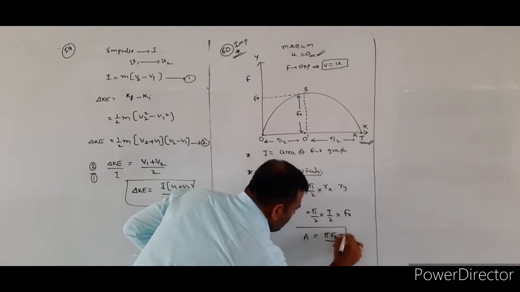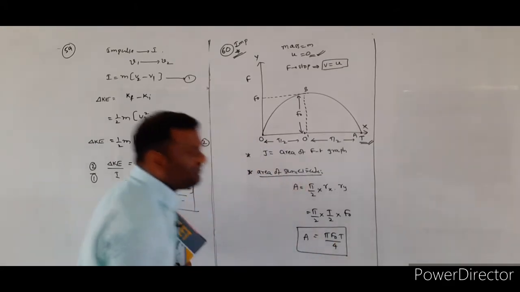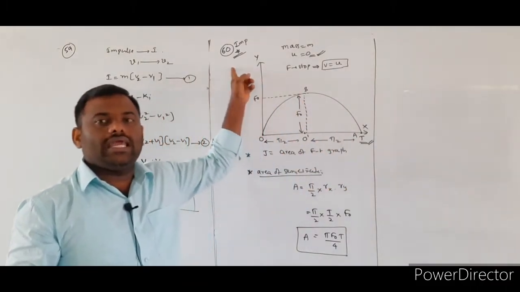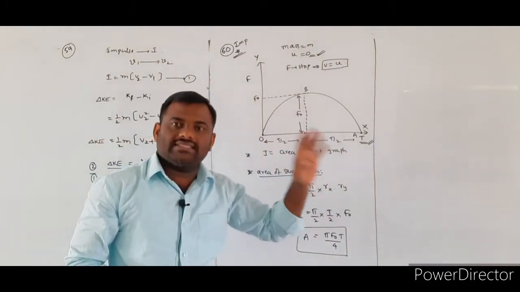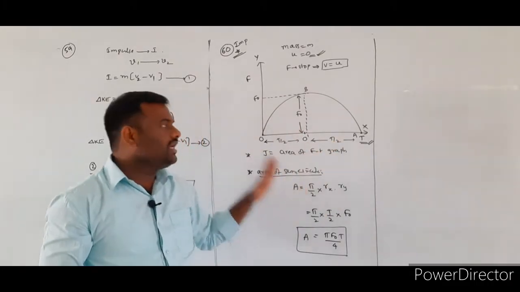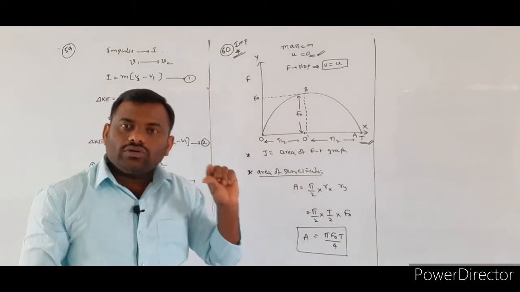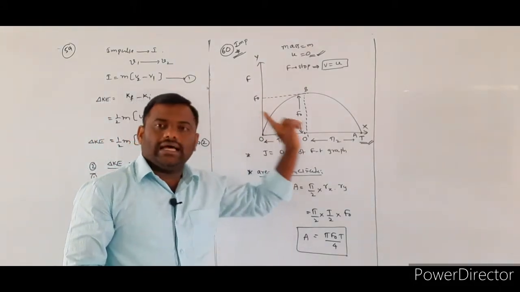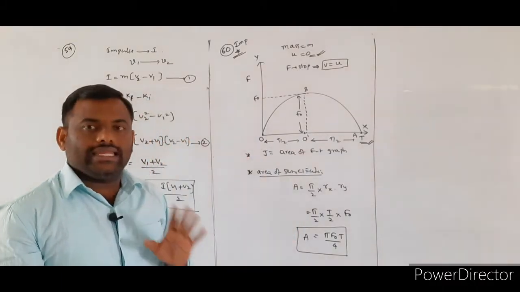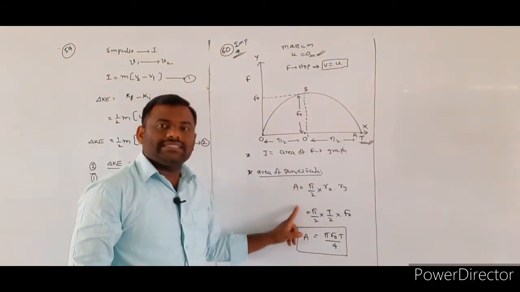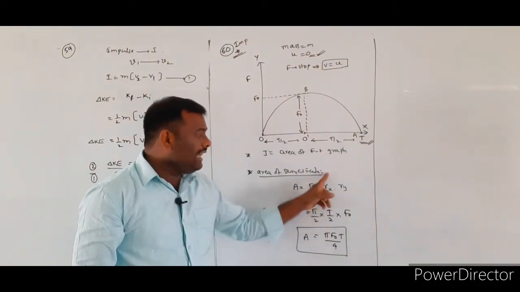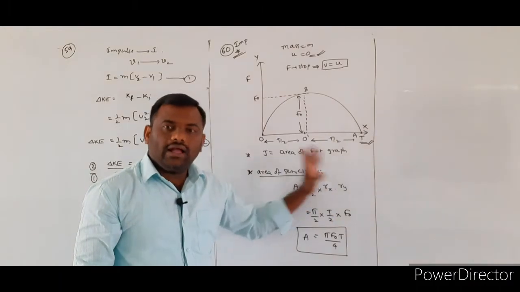So this is the representation of the area of the semicircle whenever different physical quantities are taken along the x-axis as well as the y-axis. Taking the radius is very important, try to understand. Whenever two different physical quantities are mentioned along the x-axis and y-axis, the formula to calculate the area, because it is a semicircle, is pi r square by 2, that is pi by 2 into radius along the x-axis into radius along the y-axis.